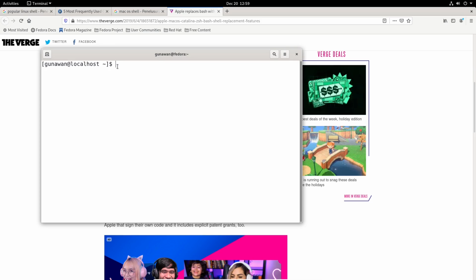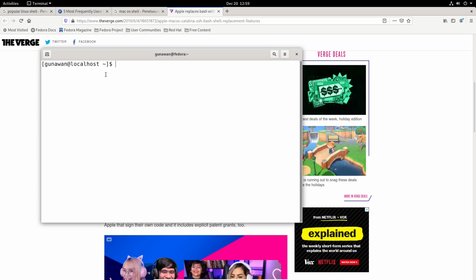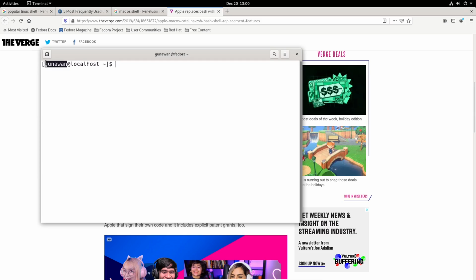Because from here you can know what kind of privilege you use, what kind of host name, and what username you use, etc. I will tell you about this part, what username you are using. In this case, I use Gunawan as my username. After that, you can see this part, localhost.